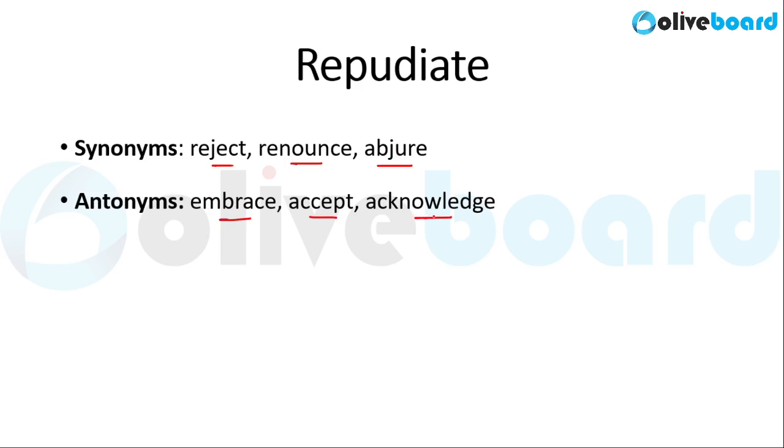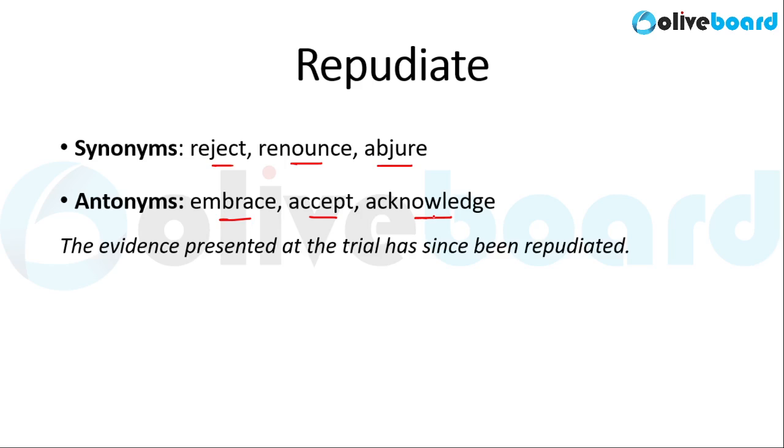Now, guys, we'll use the language Hindi in order to understand this word repudiate better. So the sentence that was given to us, we will translate it in Hindi and try to understand this word better. The sentence that was given to us was, the evidence presented at the trial has since been